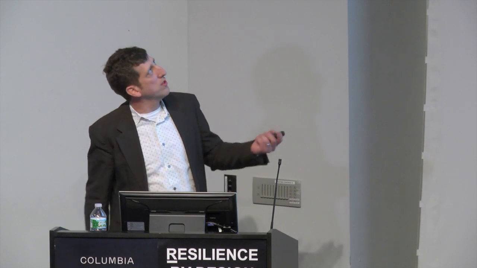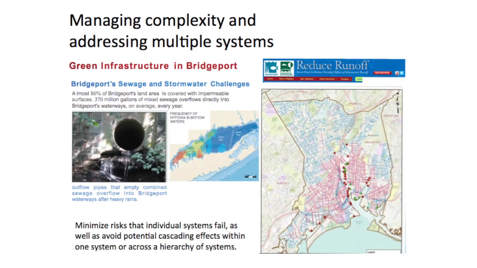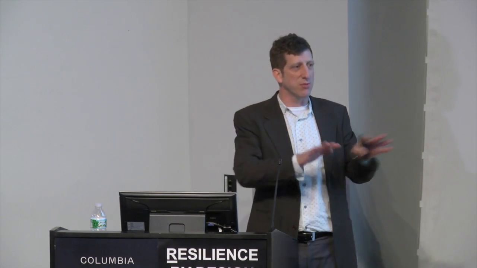So to move forward, this question of managing complexity and addressing multiple systems is an opportunity and an issue, I think, for the design community. When you think about combined sewer outflows in urban systems, there is an opportunity to think about how to redesign the urban fabric, not just for coastal adaptation, but to try to address some of the nutrient influx into Long Island Sound that's creating hypoxia and causing really the downfall of fisheries, or to think about removal of dam systems so that you can activate the habitat upstream which fish are not able to access.